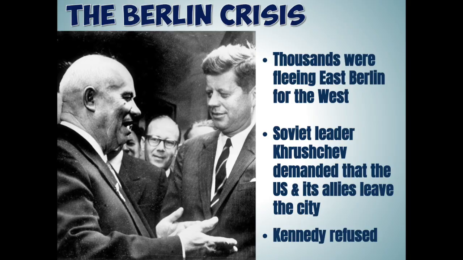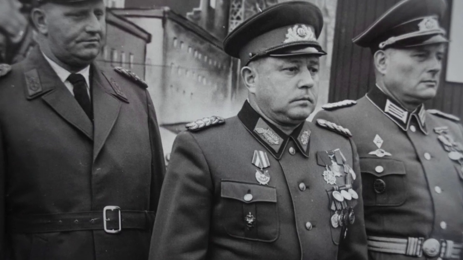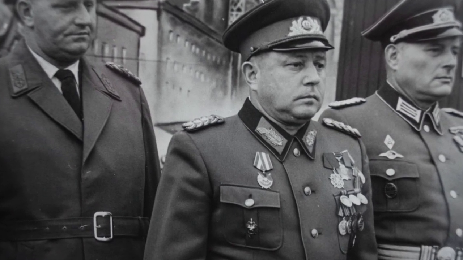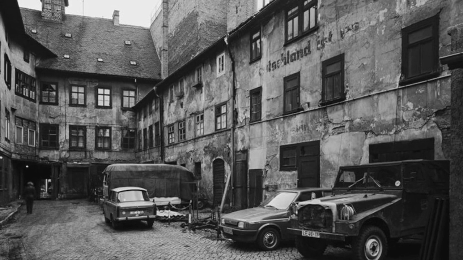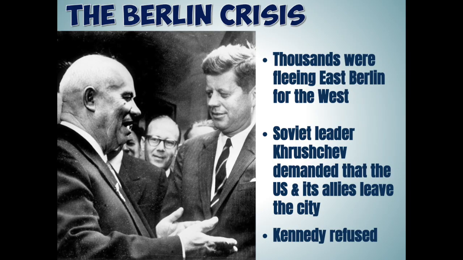Now, most Germans left because in East Berlin and East Germany, they were completely controlled by the Soviet Union. Soviet secret police, known as the Stasi, watched all citizens. Many buildings still had bullet holes from World War II. Meanwhile, in West Germany, there were higher salaries, more consumer goods, and really a greater degree of personal freedom. The movement of so many people away from East Germany and East Berlin was a bad look for the Soviet Union, as it proved that the nation was really a failure.